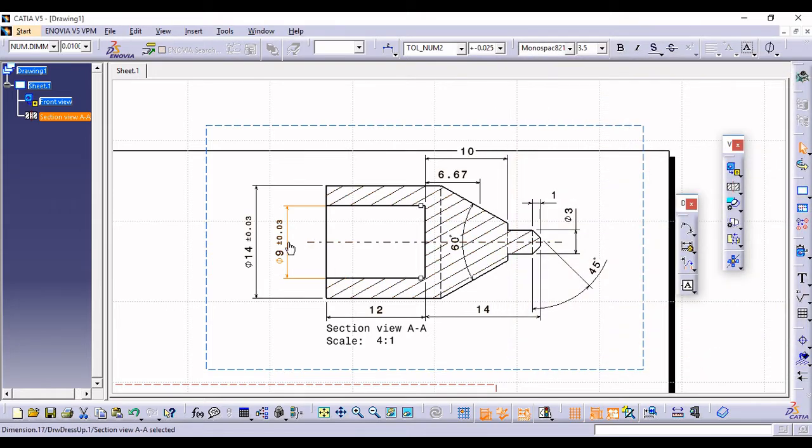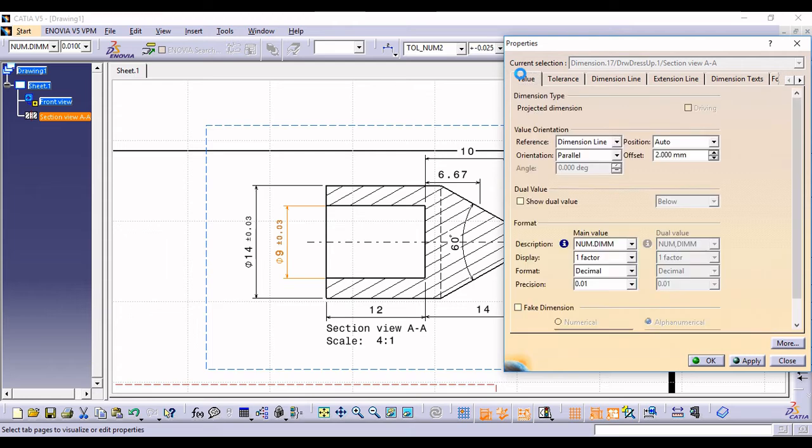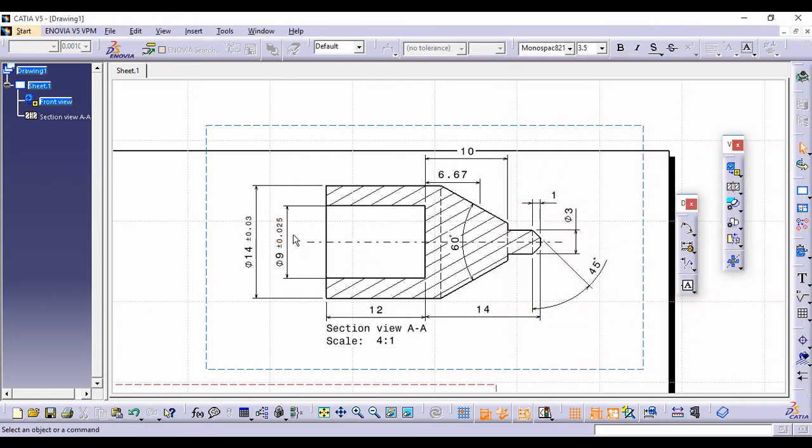But here it looks like 0.03. So right click once again, go into properties and change its precision value. If I change from 0.01 to 0.001, see what happened. Yeah, so we get the desired thing. So in this way we can come up with the tolerances.